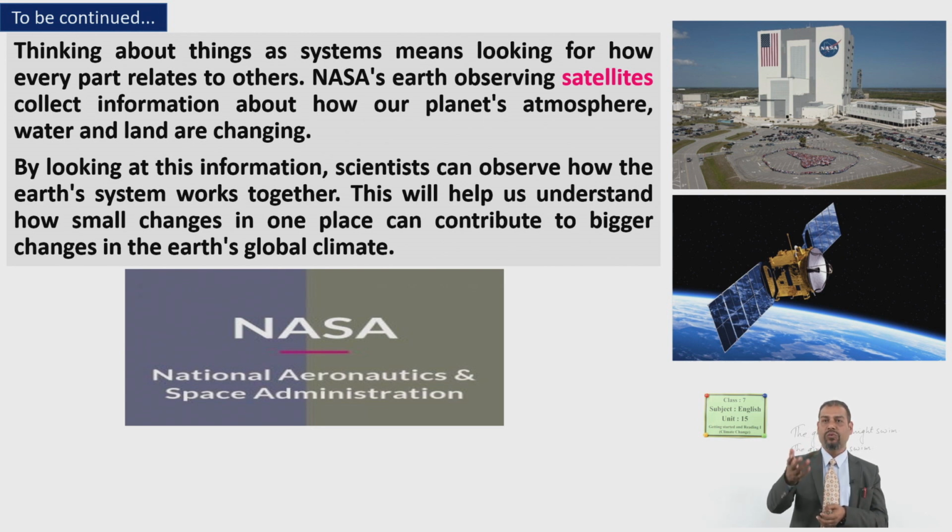Many scientists have been working in this office, and they also observe by sending satellites. You can see the picture of a satellite here, okay? They have sent many satellites to collect information about global change, that is climate change, global warming. So the scientists have been working day and night to find out all the facts of global warming. By looking at this information, scientists can observe how the Earth system works together. This will help us understand how small changes in one place can contribute to bigger changes in the Earth's global